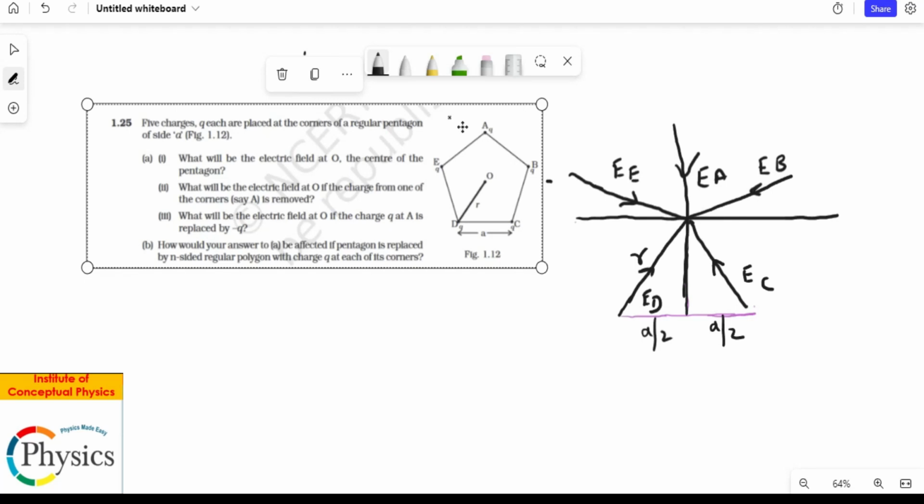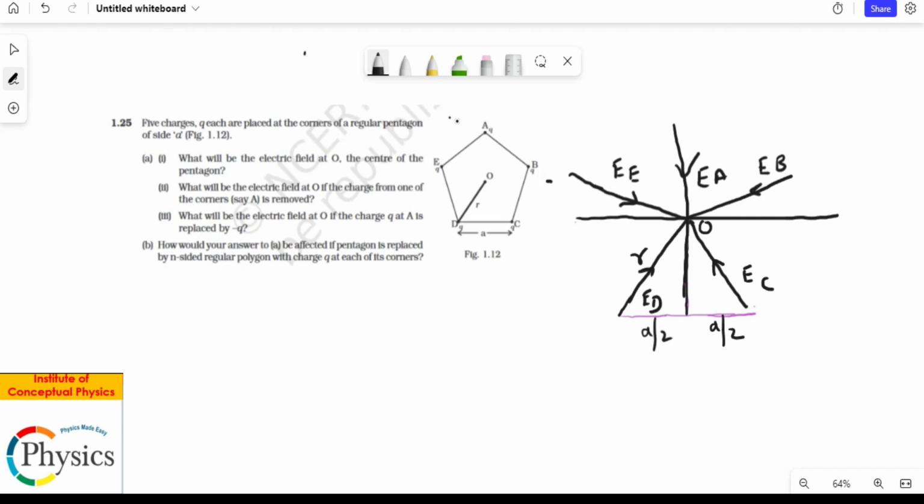Good morning. So this question is from NCERT Exemplar, and what makes this question special is the fact that you have involvement of a pentagon, a regular polygon. The difficult part of this question is not solving the math of it, but drawing the diagram to find the direction of the electric fields at O. So what I've done is this is my origin, and I have shown the multiple electric fields coming towards O with the help of a diagram which you can see on the right hand side.